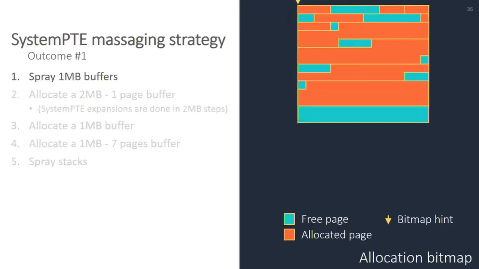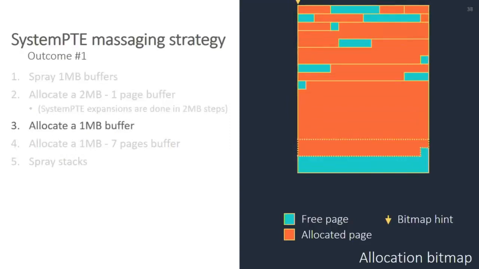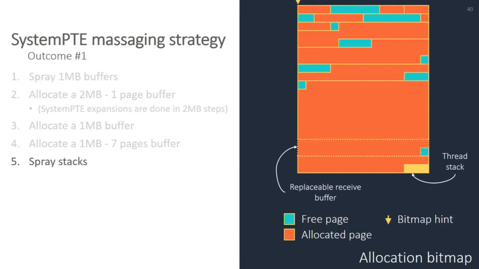All you need to know is, I just basically do a bunch of allocations in a very specific order with very specific sizes to kind of match the allocator. This is going to be placing my receive buffer there. Then I'm going to be placing another allocation, and then it's going to be spawning a stack right there. And so you end up with a stack at a known offset from the